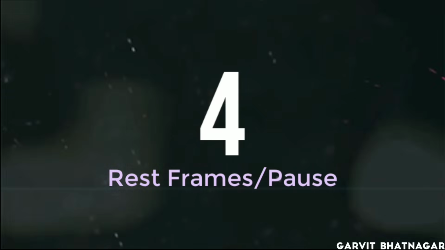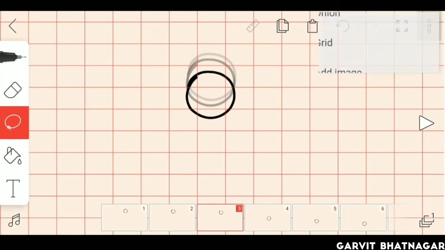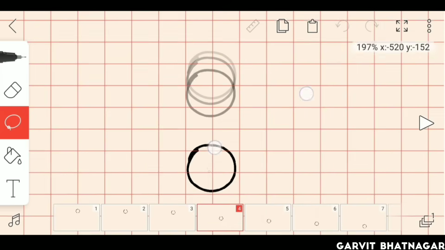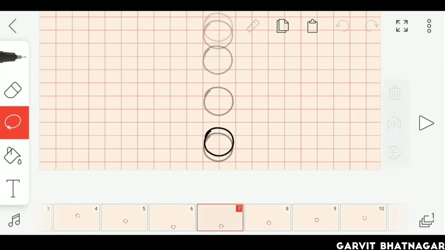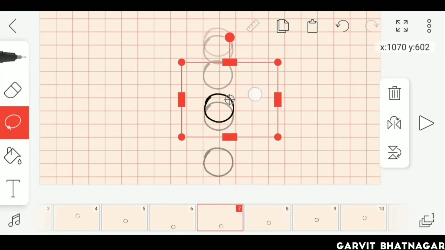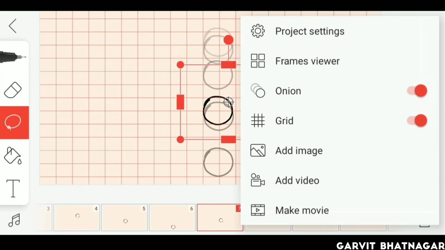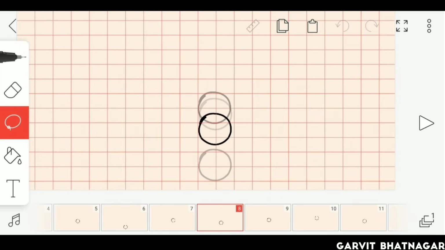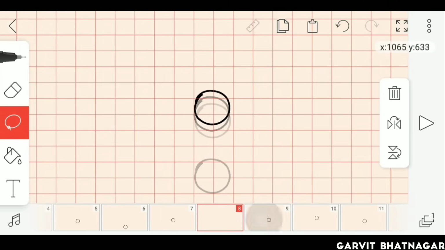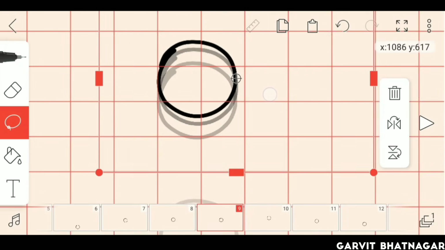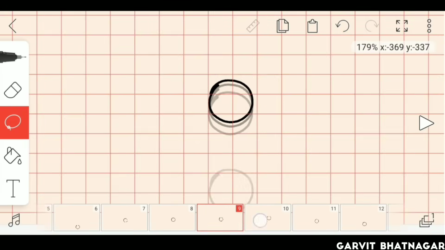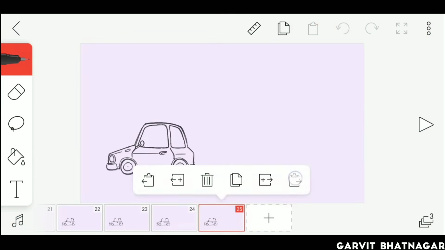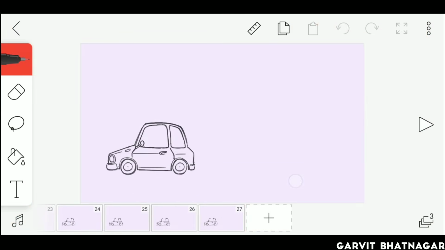Fourth and last one is rest frames, or pause. If your animation goes super fast, and everything runs very quickly, then this can be very useful for you. If animation goes very fast, then it becomes very difficult for viewer to understand it properly. It will be very disturbing, and hard for viewer to focus on one thing. In this type of case, first you should add some more drawings in between, to slow it down a bit. Then add easing to it, by changing the spacing between them. Then you can copy some rest frames, and hold it for seconds, so that viewer could get some time to